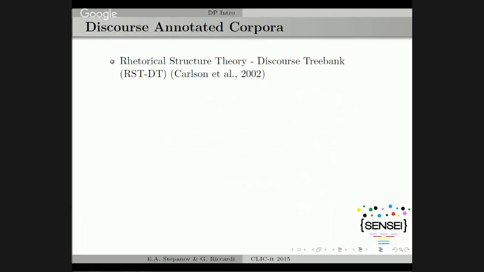So there are two major discourse annotated corpora for English: Rhetorical Structure Theory and the bigger one, Penn Discourse Treebank. Most successful applications are on Rhetorical Structure Theory, because it has a nice tree structure and could be more easily exploited for summarization and the reduction of text. Penn Discourse Treebank, on the other hand, is flat and it's difficult to find a proper use of it